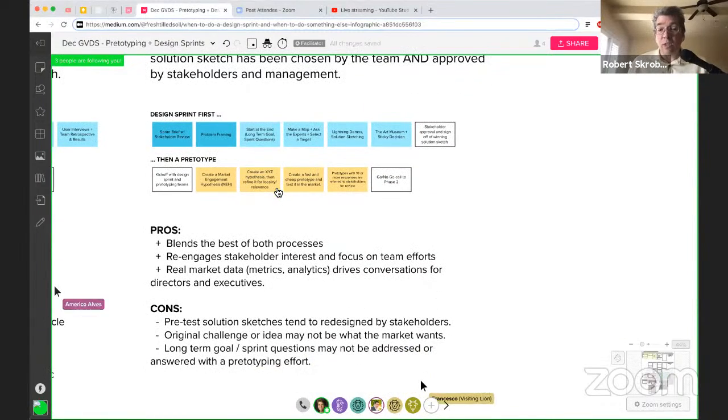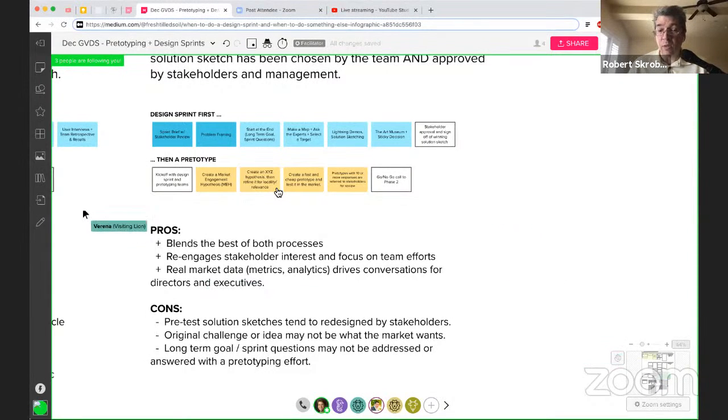So the advantage to this particular one is that you blend the best of both processes, you re-engage stakeholder interest and focus at several points, and you validate your progress through real market data rather than 5 people and their opinions, which can be subject to the interpretation on the executive and leadership level as well. That's just what they think. They don't know the business. More often than not, metrics and data, if it's relevant and done well, will move the needle for people that are in leadership positions that have to make critical decisions. So this tends to have more weight and more traction with them than it would be if you're just getting